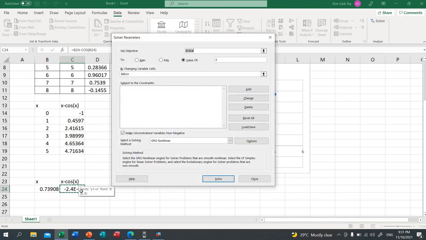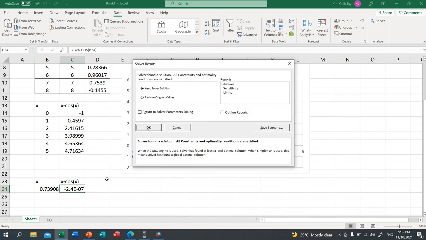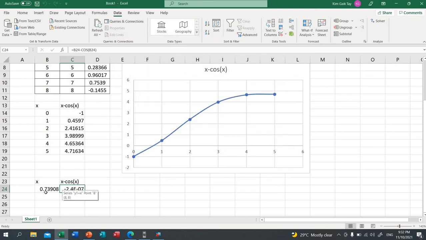We want to set this x minus cos x equal to 0, because the root happens when y equal to 0. So you want to set this y value equal to 0 by varying the x value. X initially I put 0. We will change the x here until it reaches x minus cos x equal to 0. Then I don't have any constraint here. If you have constraints, then you can solve a linear programming problem. Then you just solve. That's why you get this root,